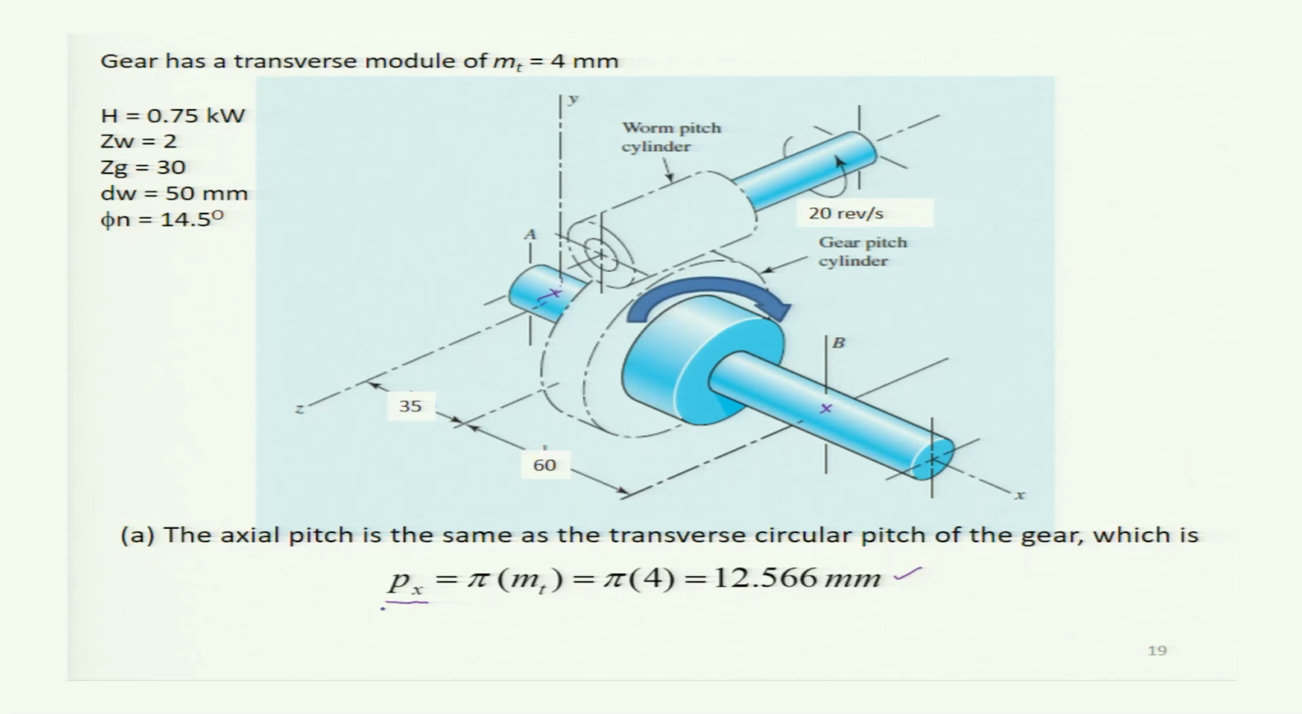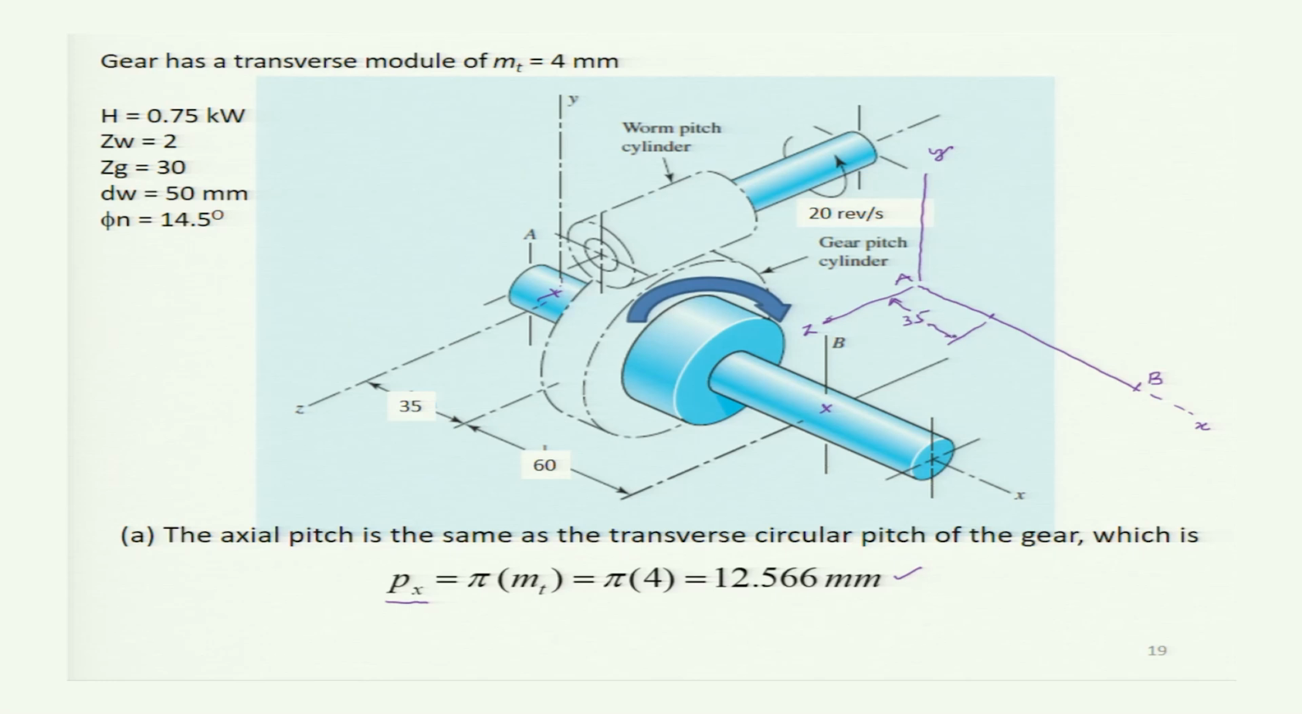If the shaft is represented by this along the x axis, this is the x direction, and the vertical direction is the y direction. This is your y and this is z. So this is your point A, somewhere here is point B, and at a distance of 35 along the x-axis, this distance is 35,